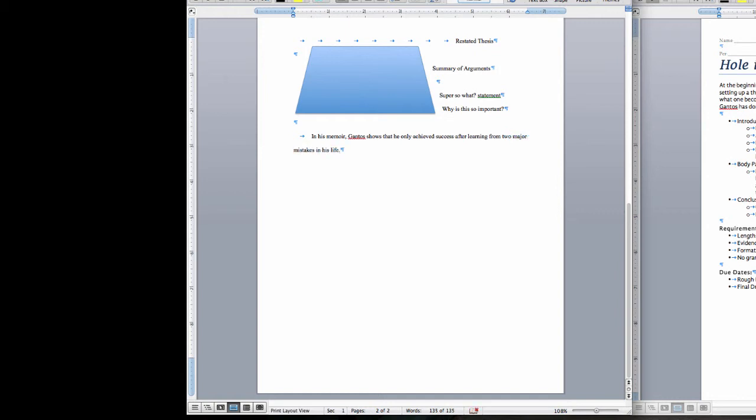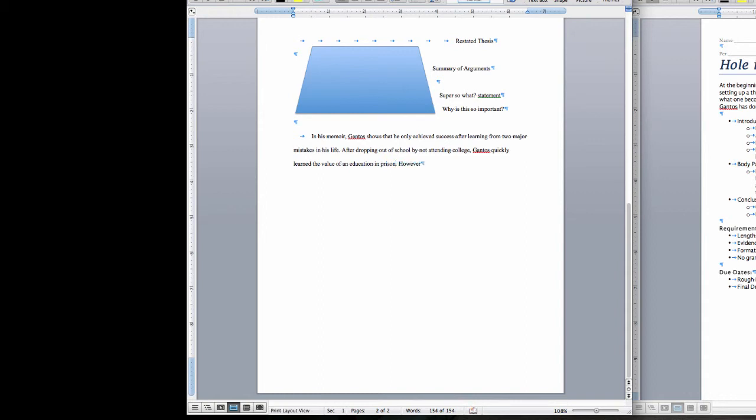And I might summarize my major arguments. After dropping out of school by not attending college, Gantos quickly learned the value of an education in prison.